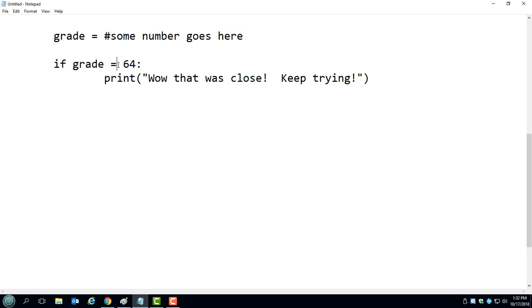So in programming, we do double. Right? So if grade equals 64, this means to check equality, hey, if the grade is 64, print, wow, that was close. So this is what people are really thinking when they're programming ifs and equalities. So just note, not three, note a single equals sets a